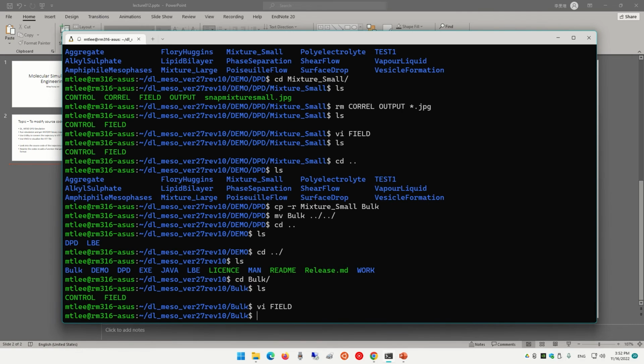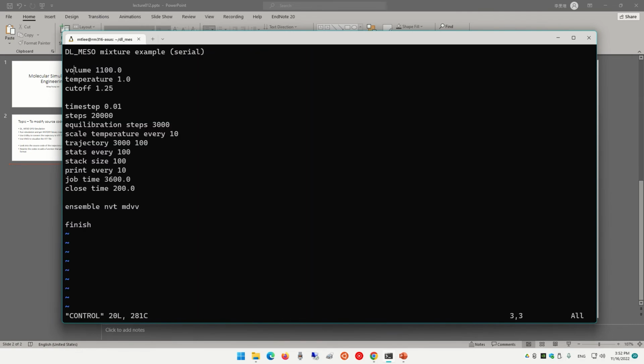And then I'm going to change this control file too. Let's change it to 10 by 10 by 10 with a cutoff here. And I'm going to run, say, 10,000 steps. 10,000 is good. And I don't need to equilibrate. So from the first one, I'm going to record a trajectory each, how about just every 1,000? So I have only 10 frames to deal with, all right?